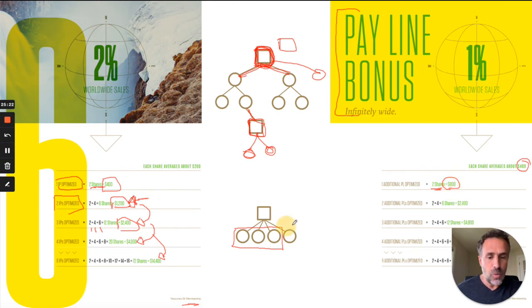If you optimize 1 more payline, we give you 2 plus 4. So that's 6 shares, that's $2,400. And if you optimize 1 more, we do the same, 2 plus 4 plus 6, it's $4,800. So it just keeps on multiplying over time. That's the power of the payline bonus. It's the same principle of the income position bonus. The difference is some people like to build depth, some people like to build wide. And so you choose which way you want to build.